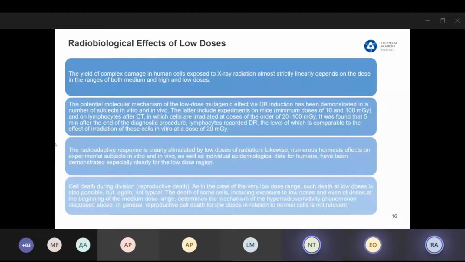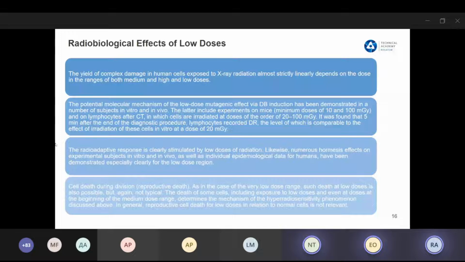The potential molecular mechanism of low-dose mutagenic effect via double breaks induction has been demonstrated in a number of subjects in vitro and in vivo. The latter include experiments on mice, minimum doses of 10 and 100 milligrams, and on lymphocytes after computed tomography,